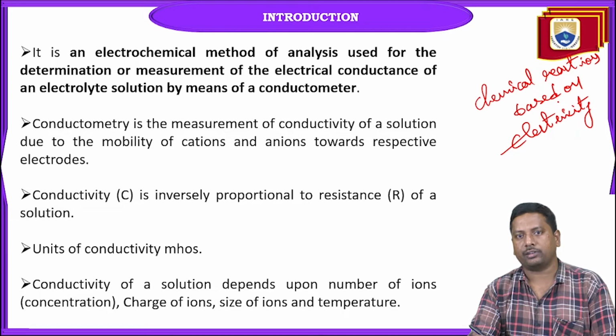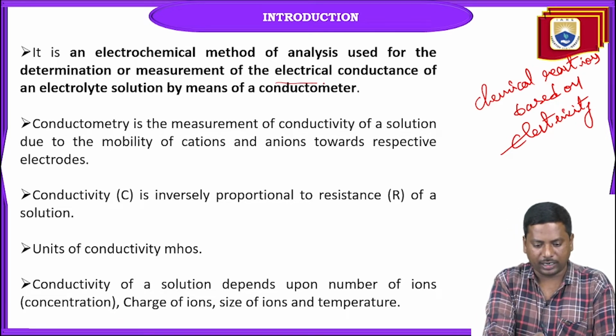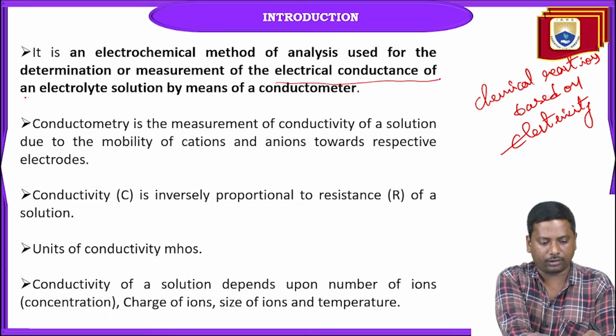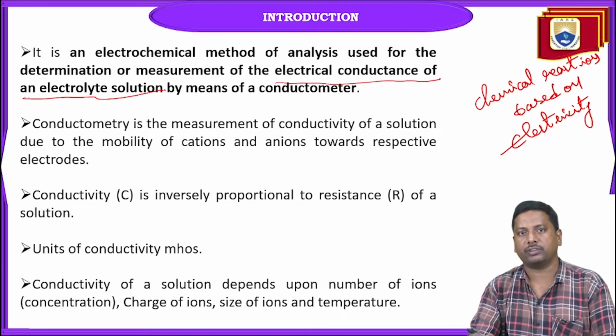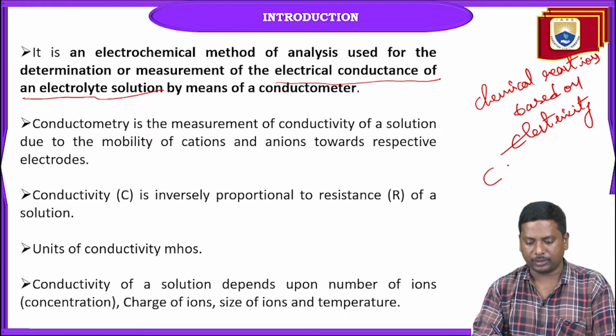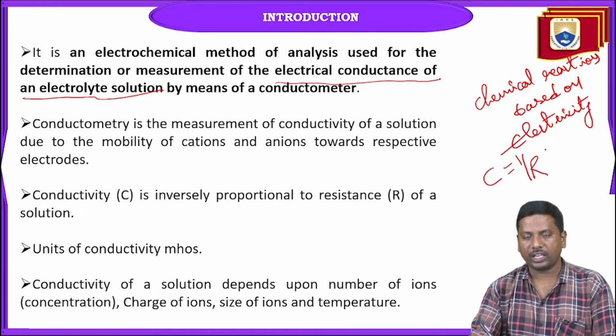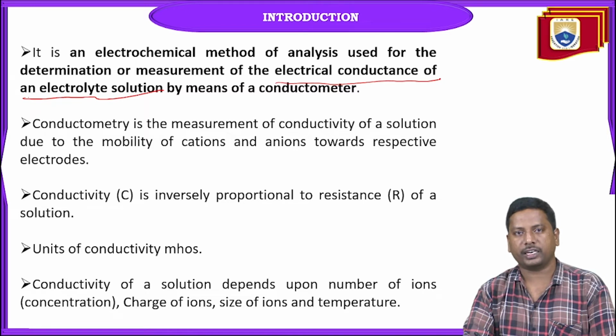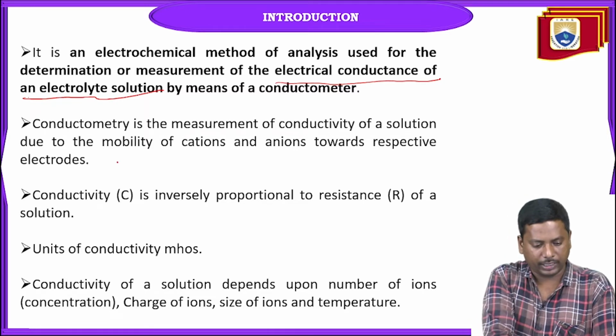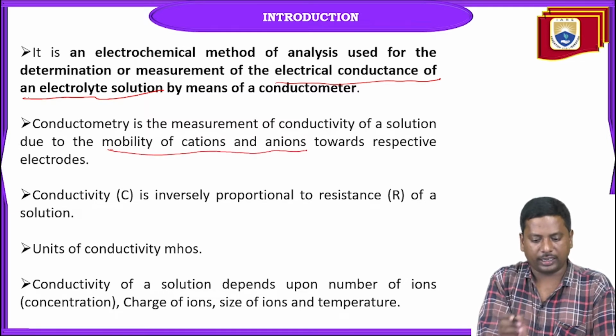Other examples of electrochemical methods are potentiometry and pHmetry. All of these come under the category of electrochemical methods. And conductometry is based on the measurement of the electrical conductance of an electrolyte solution. So first, what is conductivity? Conductivity is C equals 1 by R, that means mobility of the ions. It is inversely proportional to resistance. So conductometry is the measurement of the conductivity of a solution due to the mobility of cations and anions towards the